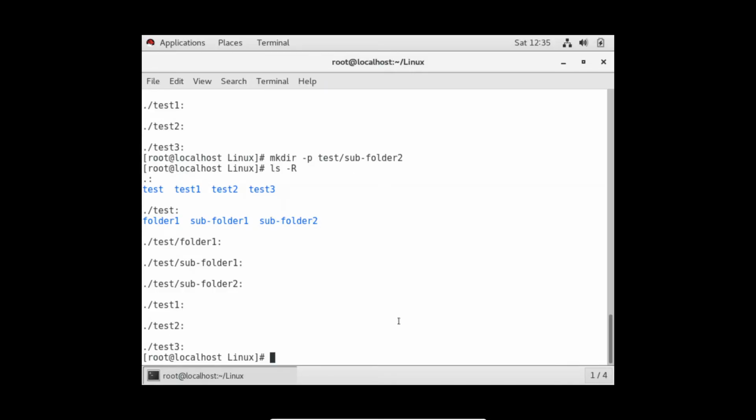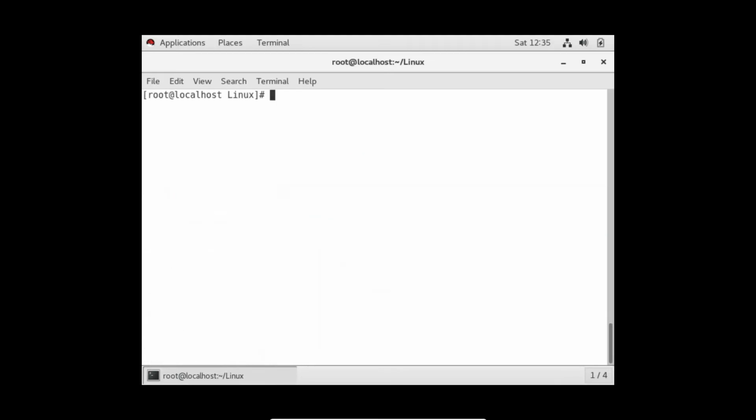So if the folder already exists, that is the test, and we are using -p, -p checks whether that particular test folder exists or not. It exists, so it directly created subfolder 2. See, here it created subfolder 2 directly. But now the exact use of -p I am going to tell you is,